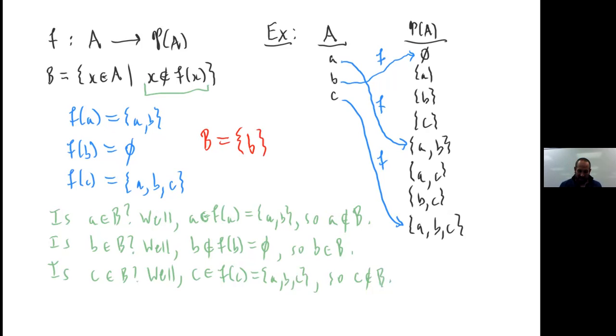Yeah? Now notice that big B is not one of these things. Does that make sense? Big B is not an image here. It gets missed. Once again, notice big B is not in that list. And that's for good reason. And that's actually what Cantor realized. This special set that he can create cannot possibly be in the image of this function. And therefore something is missed.